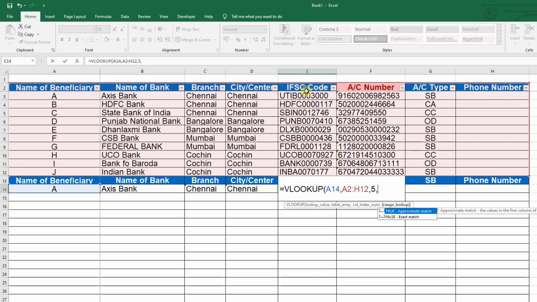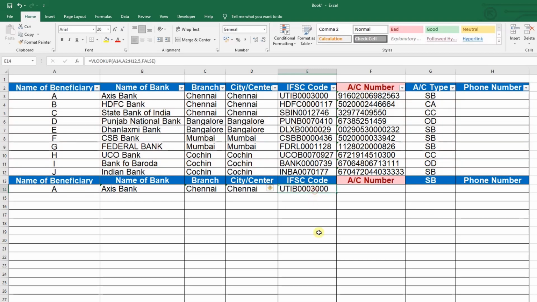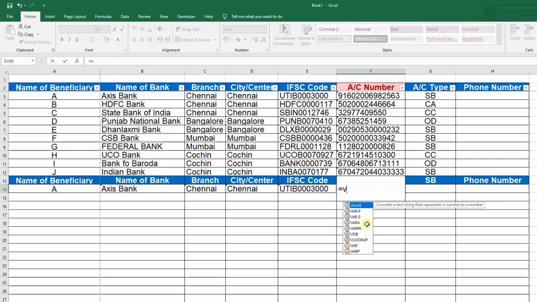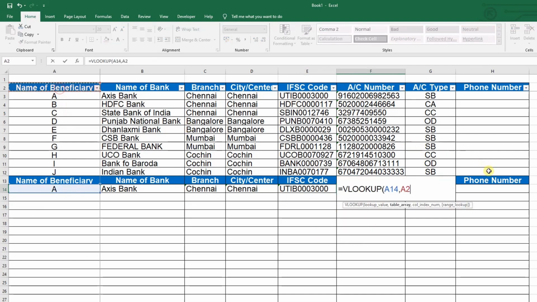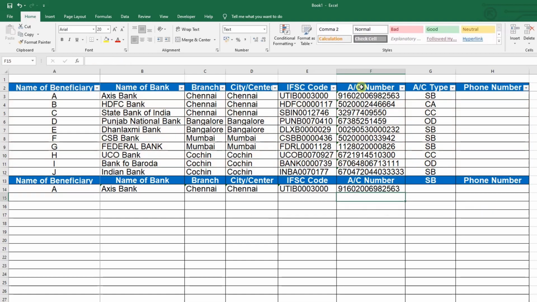Enter 5. Now the IFSC code is showing. Again, account number: we look up the value, select the table. This time the column index will be 6. Exact match. Enter. Now the account number is showing.